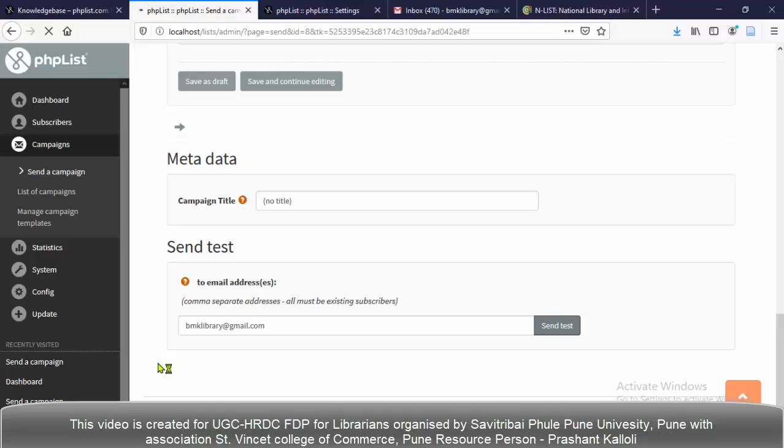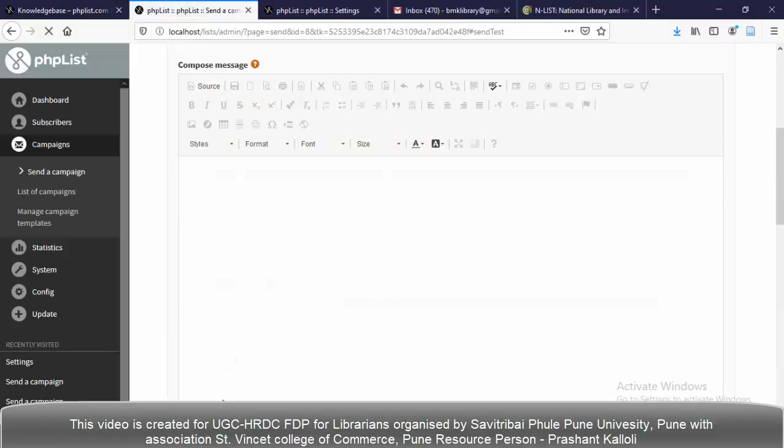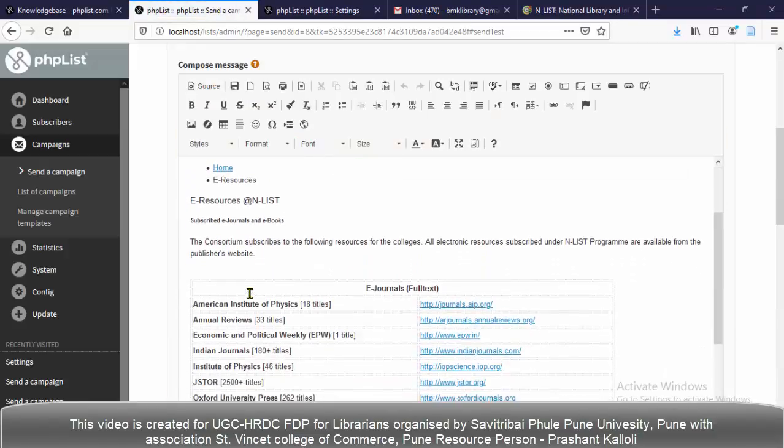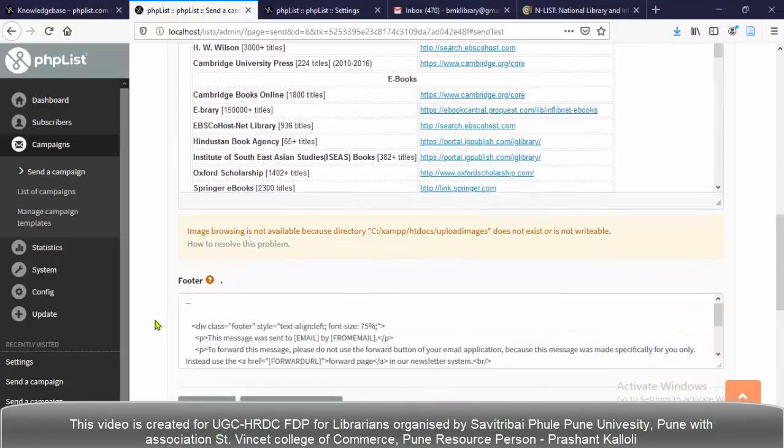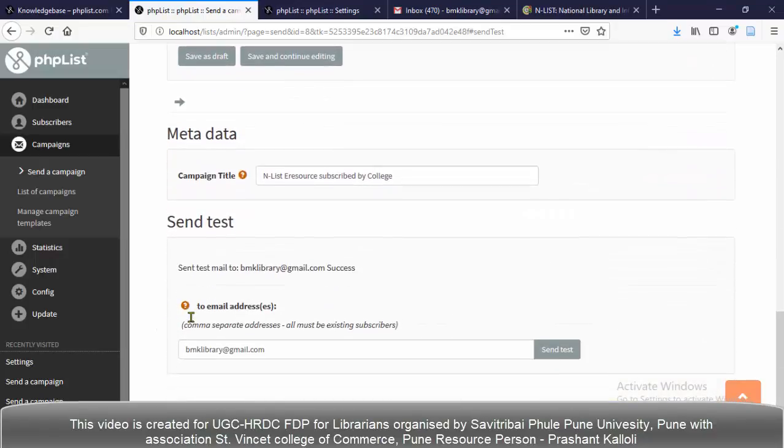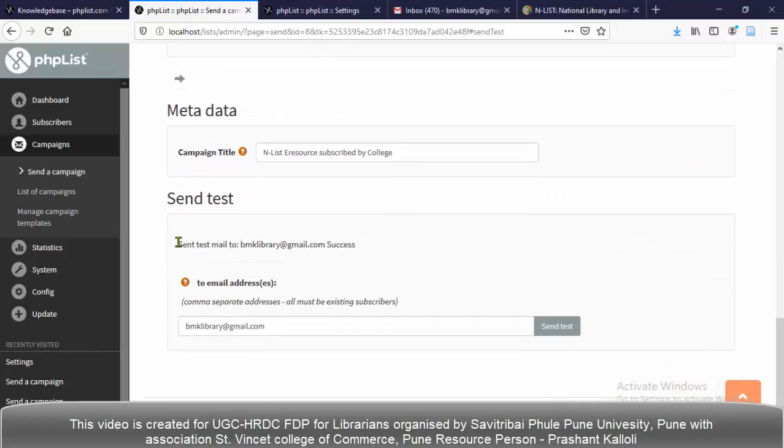It's only one mail, so it takes only about half a minute and the result will be there. Okay, yeah, it says send test mail to bmklibrary@gmail.com success.